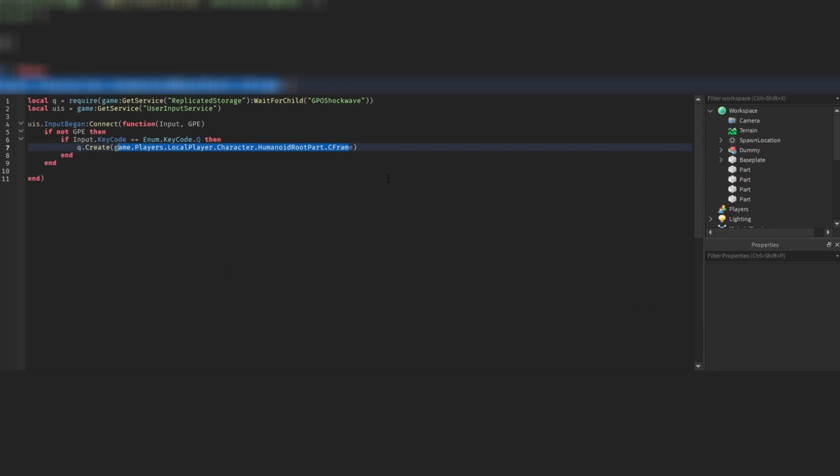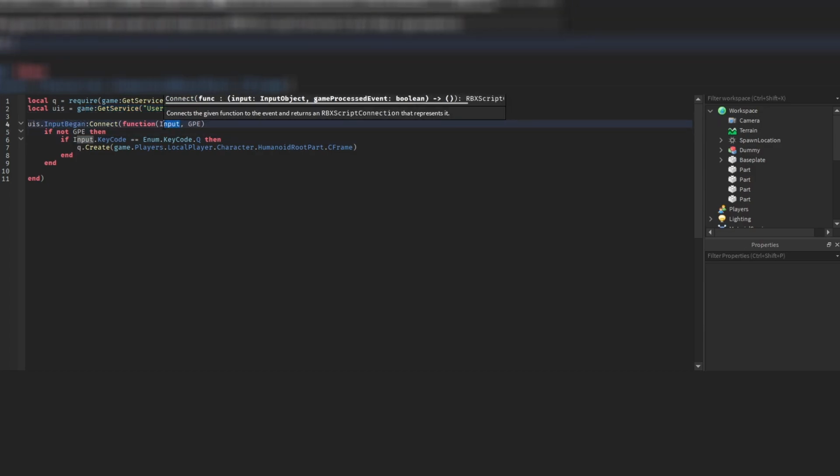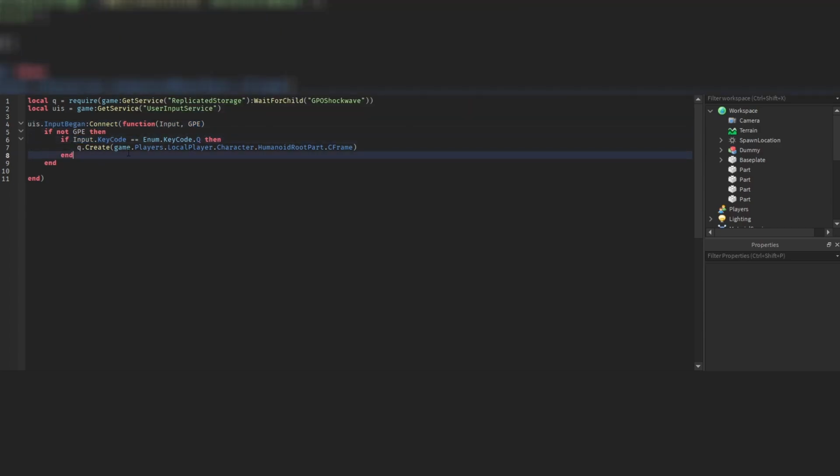Okay, and now if you want to trigger this, I have this local script right here already set up. So for now I trigger this via pressing the Q key. So I have this UserInputService, and when an input begins, I receive the input and GPE. I've already explained all of this stuff on my channel. So if the input is the Q key, then I do. This might be a little bit misleading because I've called this Q as well, so let me call it module then. So all you gotta do is require this module script, as I've already explained to you, and then you do module.create,